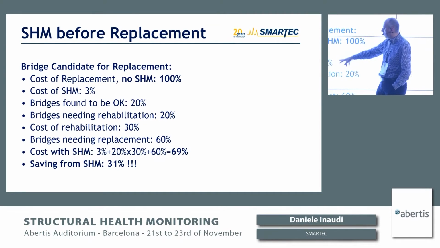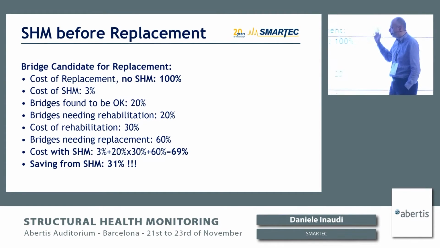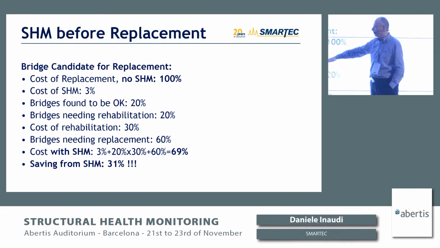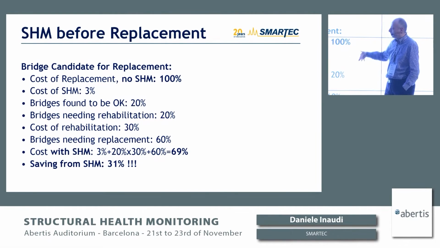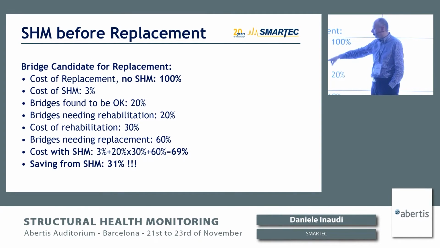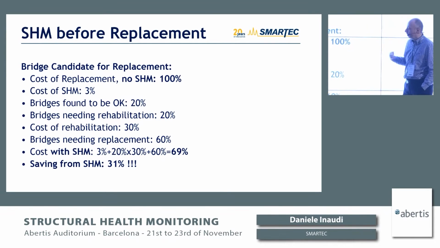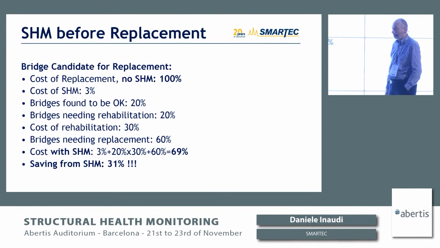And we assume that out of your 10 bridges, 2 of them are found to be okay. So they can still be used, maybe continuing the monitoring, but they don't need immediate replacement. And I would say this is a pretty conservative figure. In my experience, I've seen that maybe half of the bridges are in better condition than expected when you do